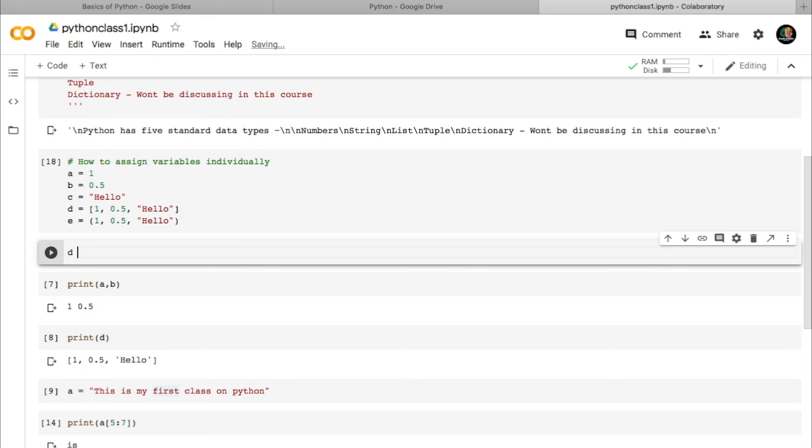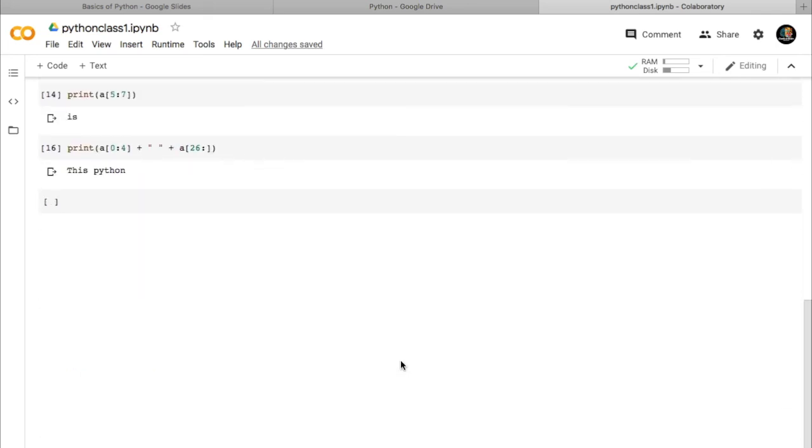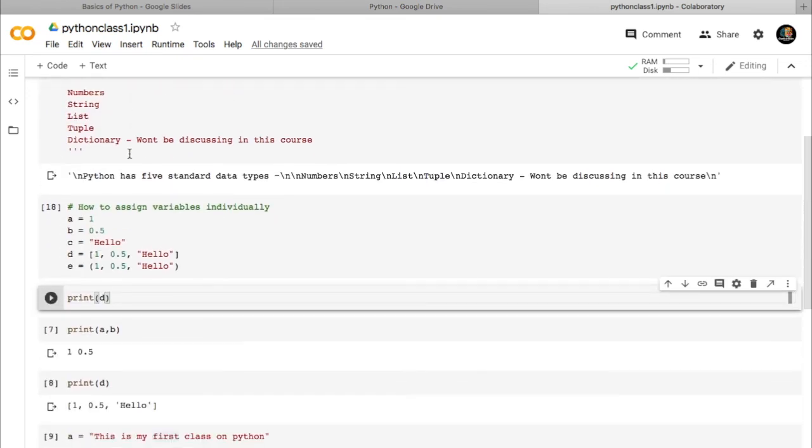For that, again you can give print and inside D, same as we have done with the strings. Here also you can start with a square bracket and I can give the values inside. Say I need to print only this one. Do you know what will be the number for this one?